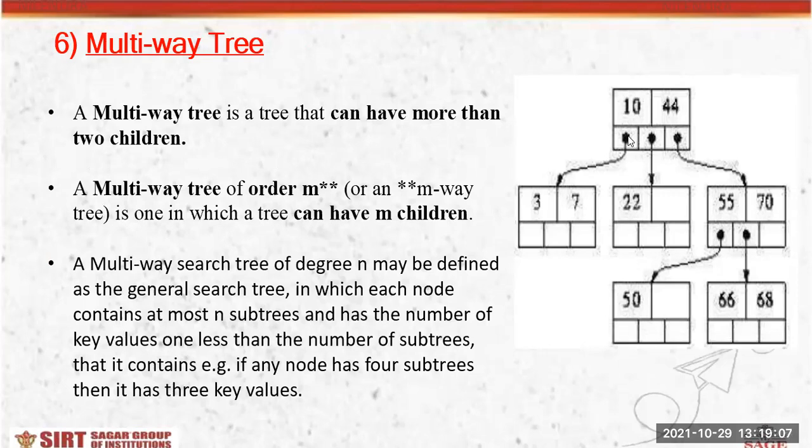Now you see, order means the number of nodes before the 10, between the 10 and 44, and after 44 forms your order. So all the nodes which are less than 10 will go on the first order, this one. Now all the nodes which are between 10 and 44 will be in the middle, or you can say the second order. Then all the nodes which are greater than 44 will go on the right side, or you can say the third order. So you are having 3 order and 2 keys. So you have to follow key order pair value, or key order multi-way tree, you can say.